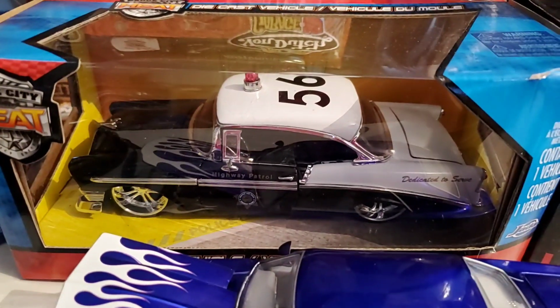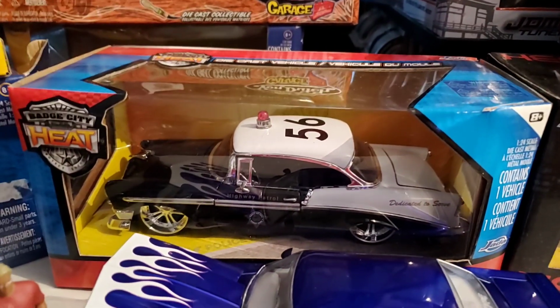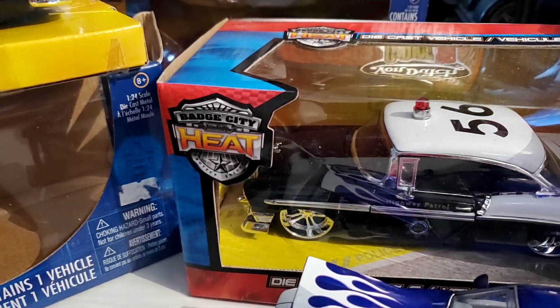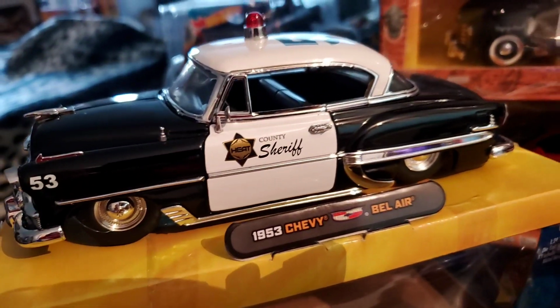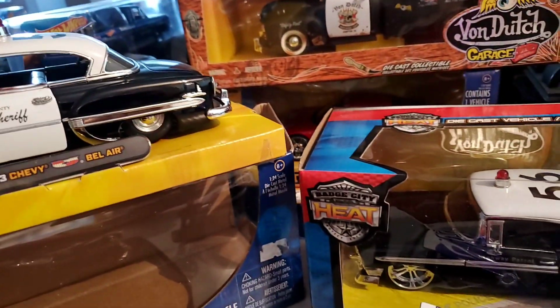Now, in 56, did they use a Bel Air? Probably not, but Jetta Toys, as part of their Heat series, came out with the 56. They also did a 53, which is very cool. And of course,